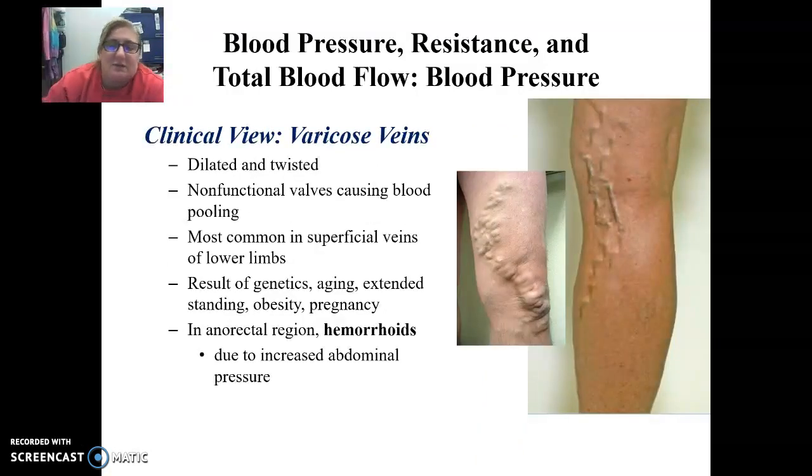Another type of disorder associated with the veins is varicose veins. So varicose veins occur when the valves stop functioning. The valves become very leaky, and so instead of being closed, where they're like this, they're more like this. And so you can see that there's a slight area where blood can go back down. This leads to pooling in blood, and it can lead to very